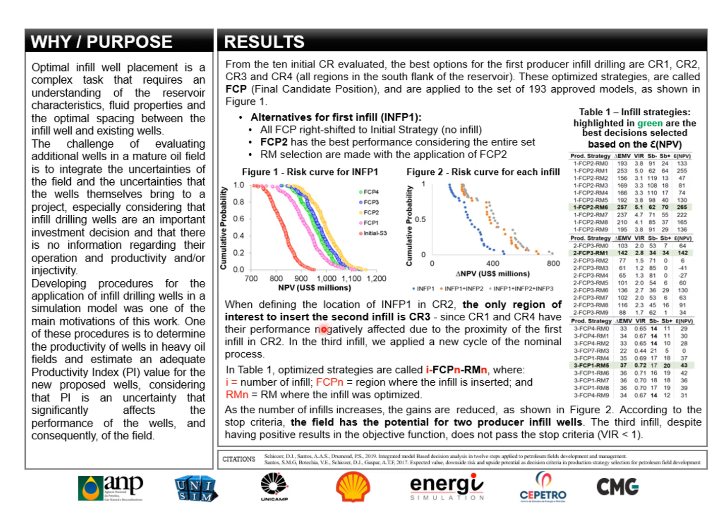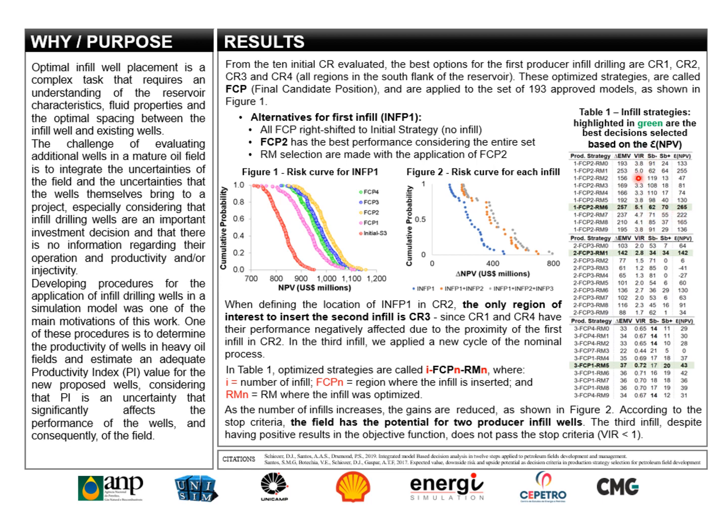So in the third infill, we have to apply a new cycle of the nominal process, which means the optimization process for each representative model. In this table, we can see the best strategies for the first infill, the second infill, and the third infill. In green, the best strategy is highlighted, considering the epsilon function. So the strategy with the highest epsilon function was selected,